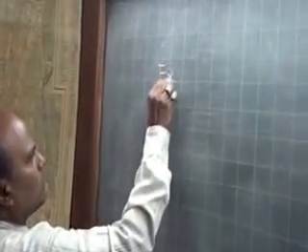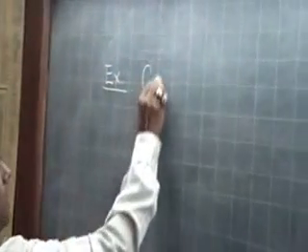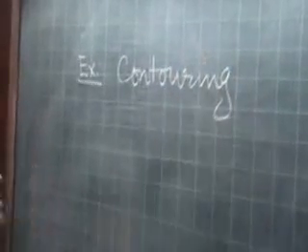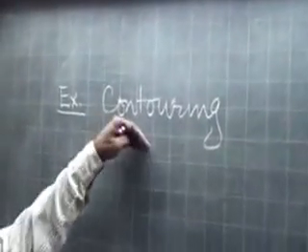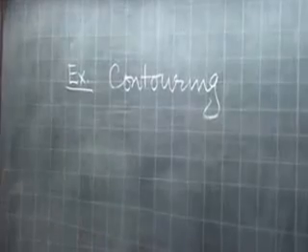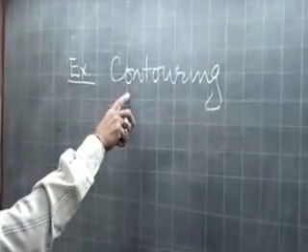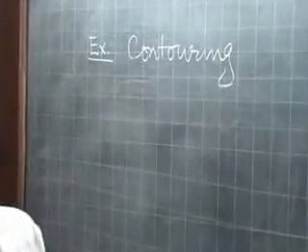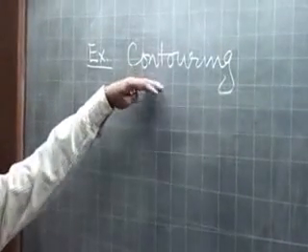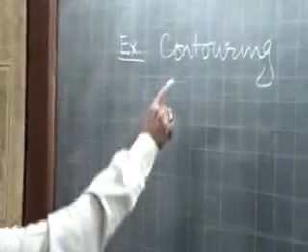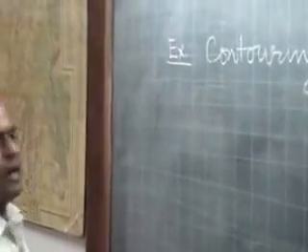We are going to perform the exercise on contouring. This is a very important exercise for civil engineers because it provides you the third dimension of the earth surface, and for almost all projects we need to know the Z dimension. So contouring is very important for civil engineering for mapping purposes because it tells us the third dimension of the ground. Contouring and plane table are basically done simultaneously.